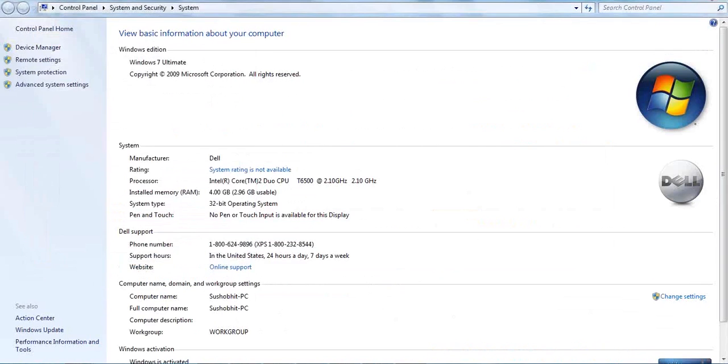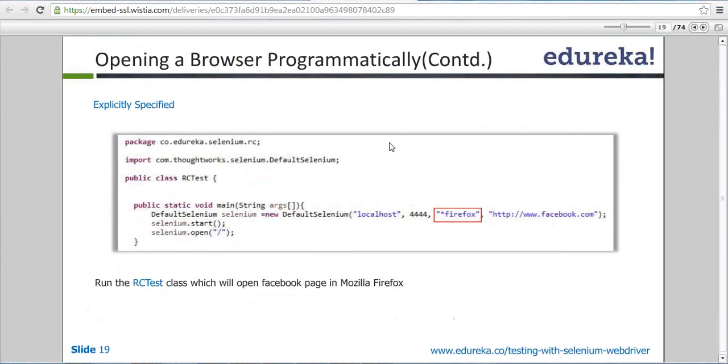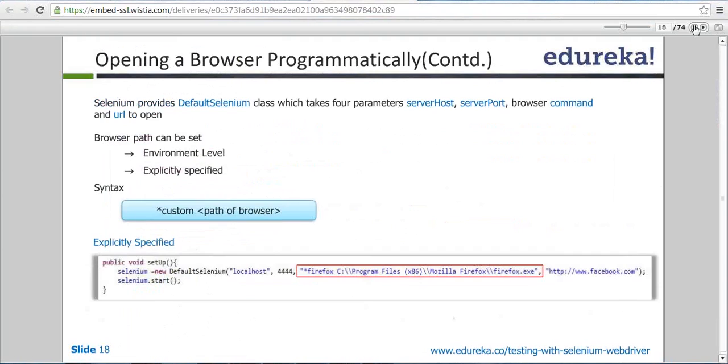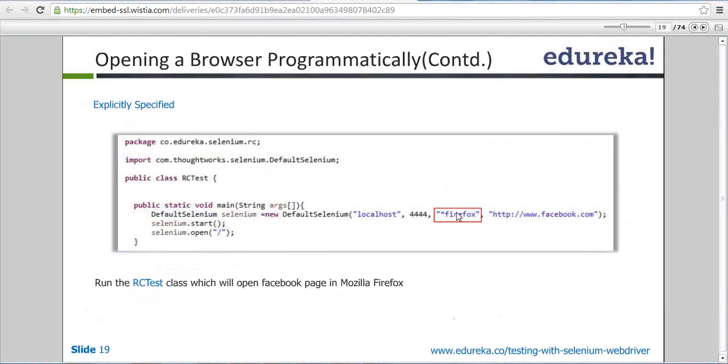Okay, so I'll suggest the best way is that if explicitly specifying, this is called explicit, is not working, then what you can do is provide the path of the Firefox, it will work for you. Okay, so that's a good way to go ahead. This is called explicit and this is the one called environment level because it's already set for you. I think this is wrong. Okay,